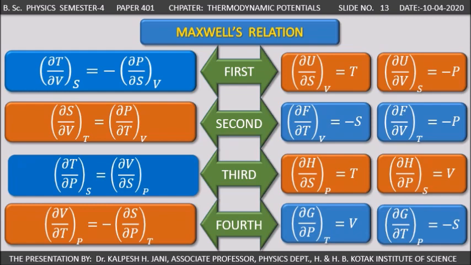So all these four Maxwell relations give us the interrelation between the thermodynamic entities, and we can also define the thermodynamic entities as the derivative of the thermodynamic potential. So these are all the outcome of the Maxwell's equation, which are very useful in many situations. You can predict many things from these outcomes. Now let us first